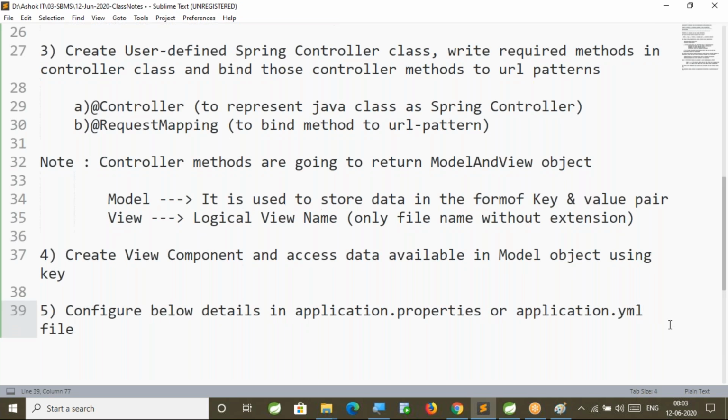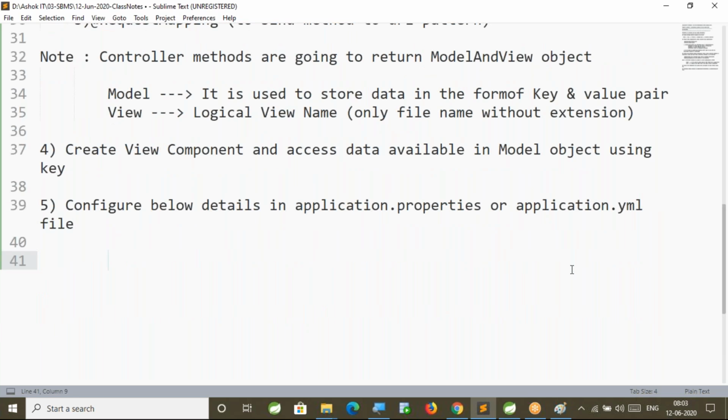What are the details we are going to configure? First thing, the server embedded container port. What is the embedded container we are going to get by default? With the web starter, we are going to get Apache Tomcat as the embedded container.